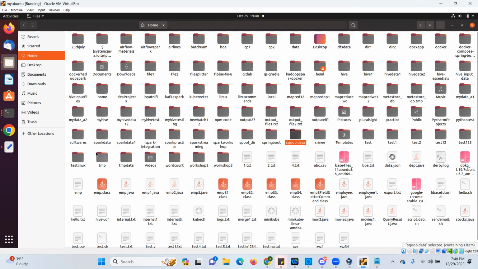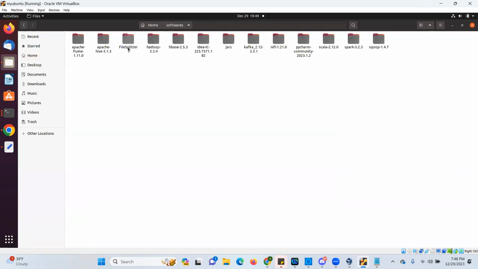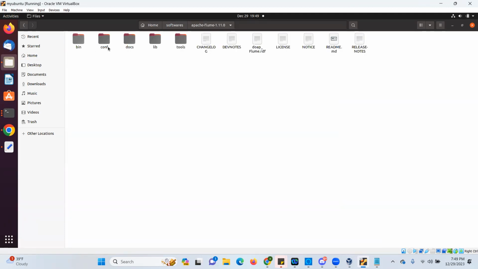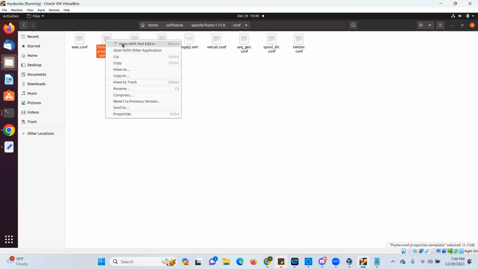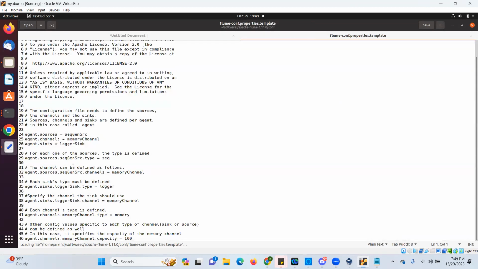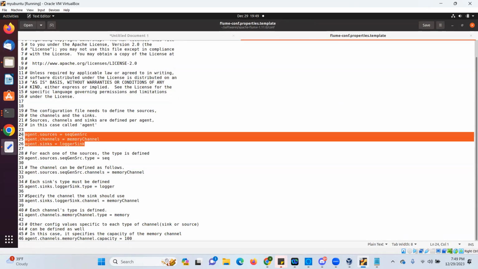So when you go to your Flume, inside the Flume there is a conf folder, and in this conf folder are the different configuration files we create, whatever my requirement. They will give you one template configuration file, Flume conf properties template. If you open this configuration template,